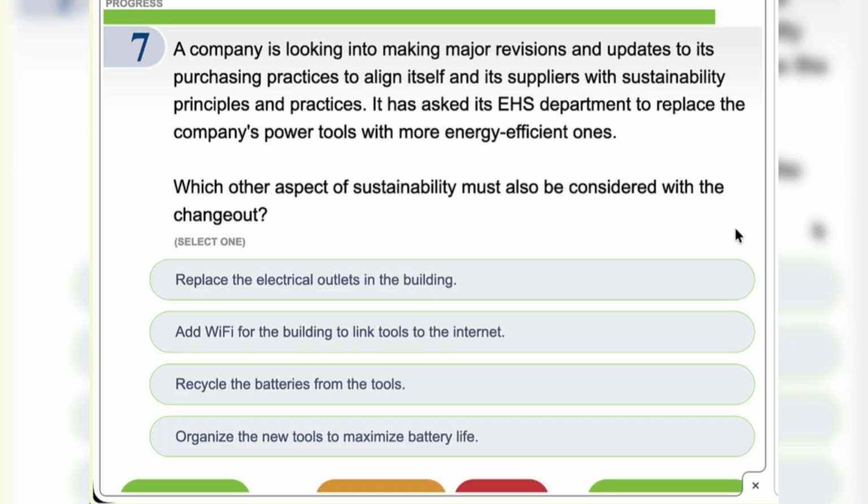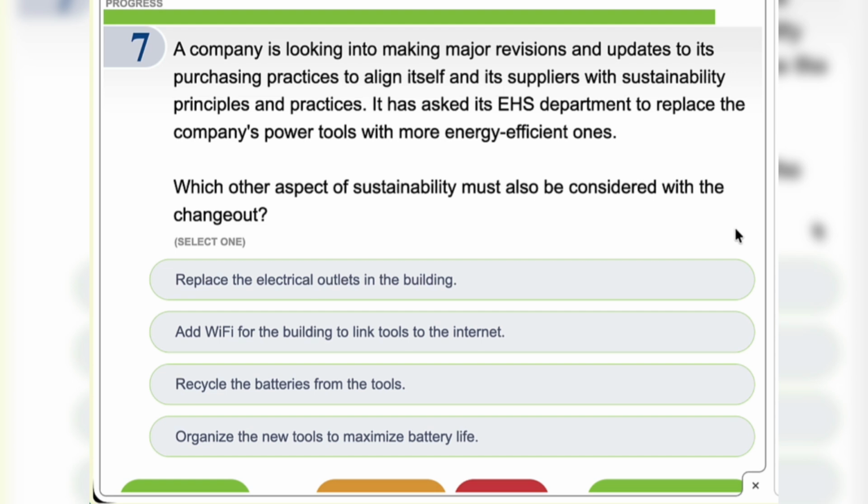A company is looking into making major revisions and updates to its purchasing practices to align itself and its suppliers with sustainability principles and practices. It has asked the EHS department to replace the company power tools with more energy efficient ones.